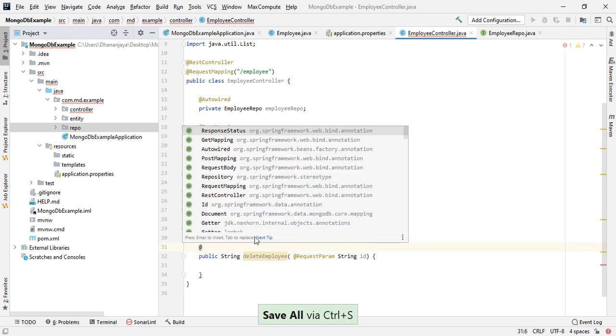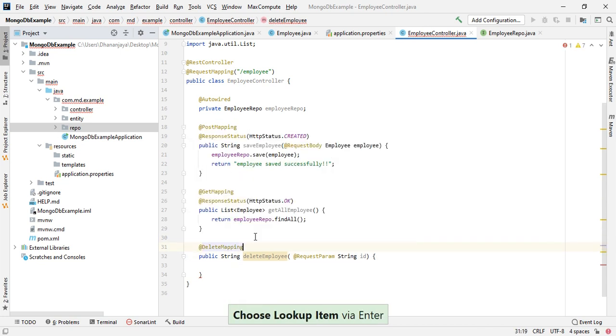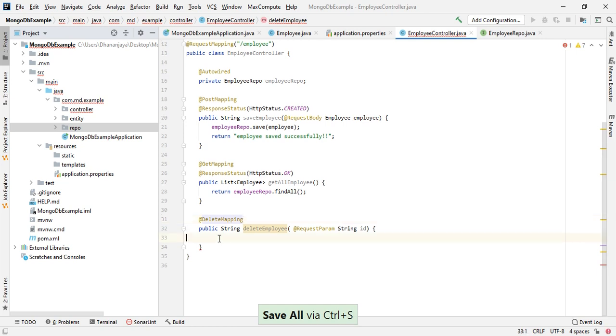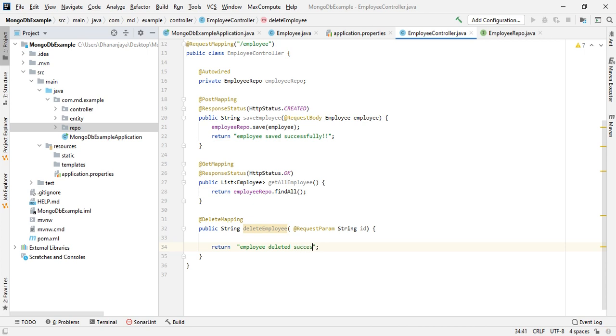Let's annotate this with @DeleteMapping. Let's return first, employee deleted successfully.